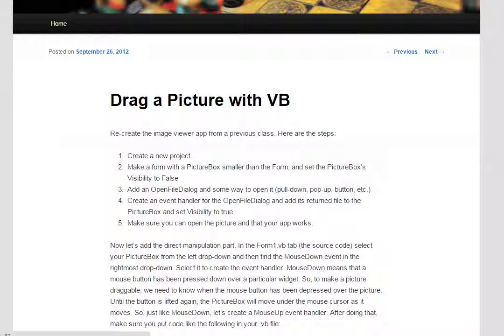I used an open file dialog, like we've seen how to do, to open it and make the picture appear in there. The only other thing I really have going on, which it says right here, is that initially the picture box has a visible property set to false, and so when the dialog completes and we have a file, then the picture is shown to be visible, so that gets set to true at that point. So to show you what's going on with that,